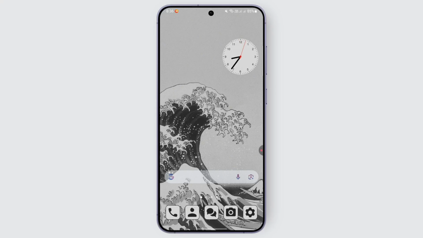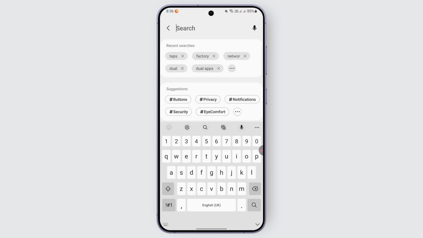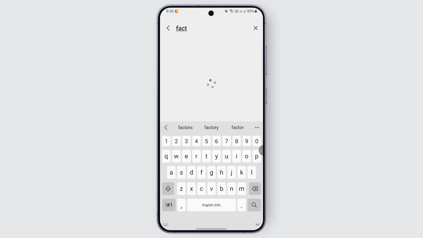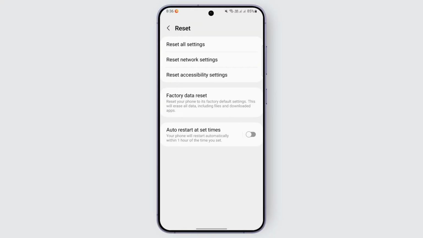And you can also try factory resetting if nothing else works, but that will wipe your phone clean and fix the persistent software issues. For that, head over to settings and open it up. And from there, go to the search in the top and tap on it. And there, just type in factory reset and tap on factory data reset under general management. Once you find it, you can just tap on factory data reset and confirm it, and that should do it. So these are some of the solutions you can try out